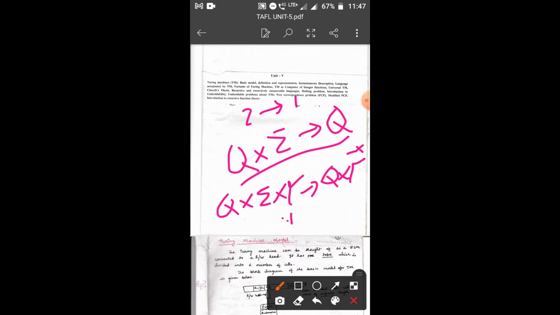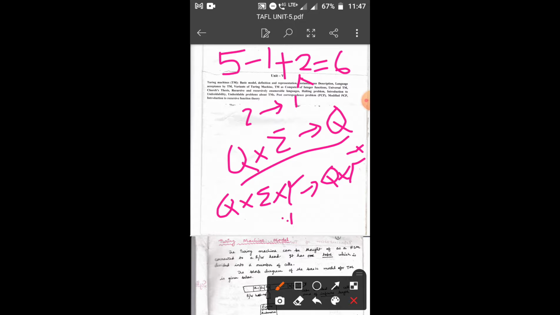So the 5 tuple definition excludes one tuple, but adds 2 more tuples, and so it has a 6 tuple definition. These 2 tuples are for a new thing, that is output. Among these 2 tuples, one is for the output alphabet set and another is for the output function.